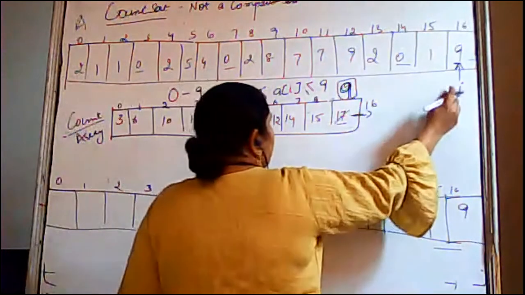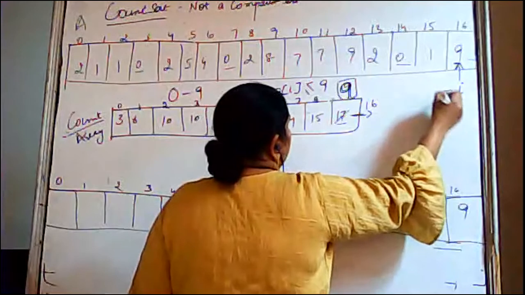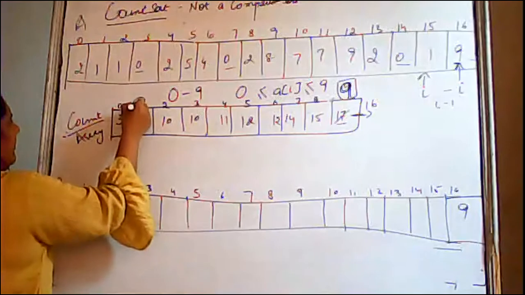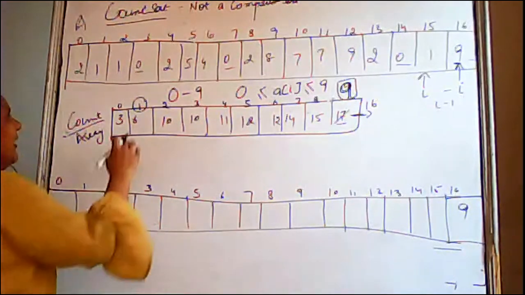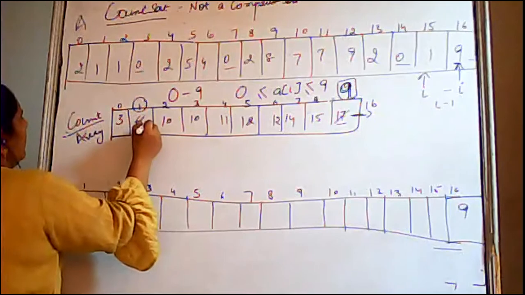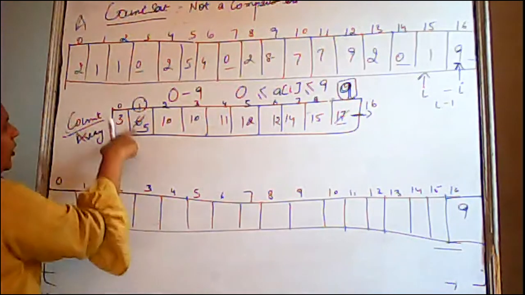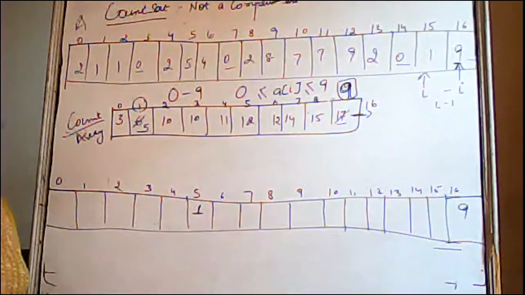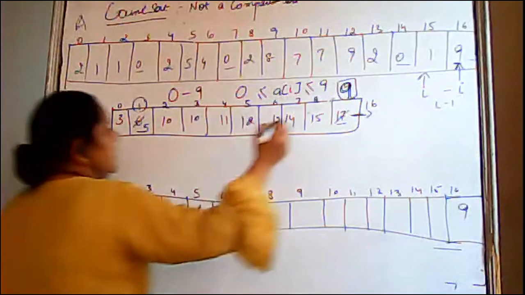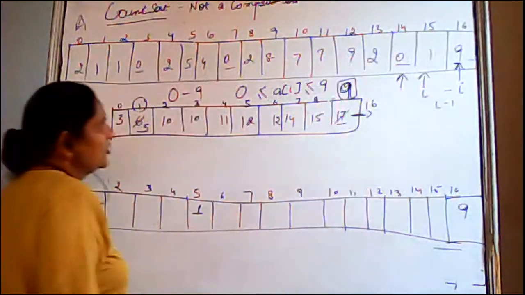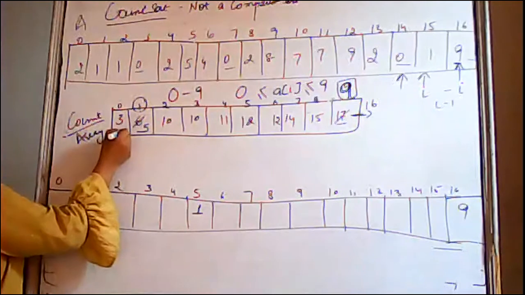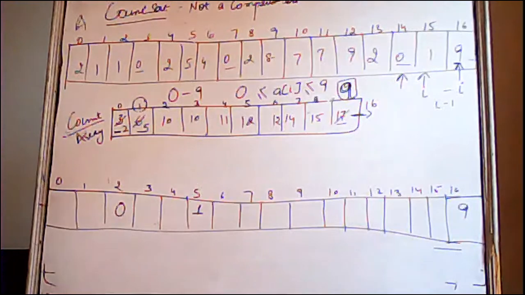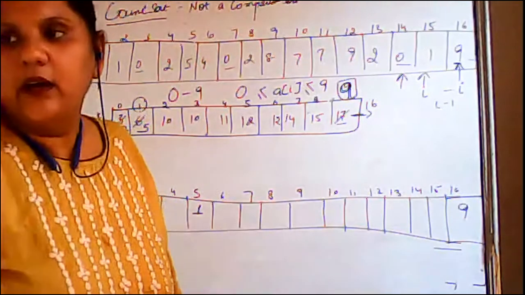Now next, decrement I, I is equal to I minus 1. So move I here. I at 15. Element is 1. Go to the key array. Here is 1. Value is 6. So you first decrement it, then store that element at that particular location. Store 1 at 5. Next is 0. Go to index 0. It is 3. It will become 2. At 2, store 0. Next is 2.